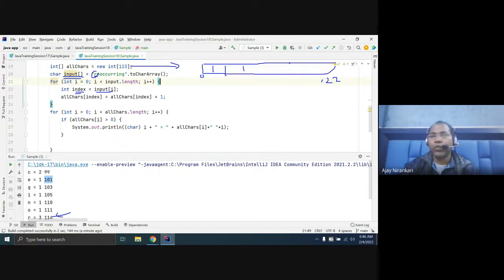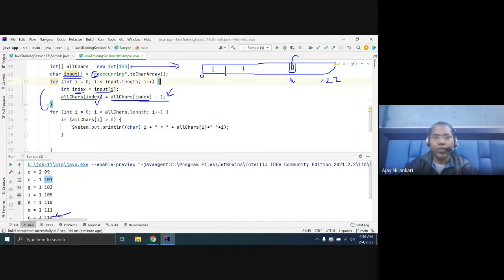So go to the 114 position here. Whatever value the 114 position has, just increment by 1. By default this is 0, so at position 114 you increment by 1, and after adding 1, assign it back to the same position.